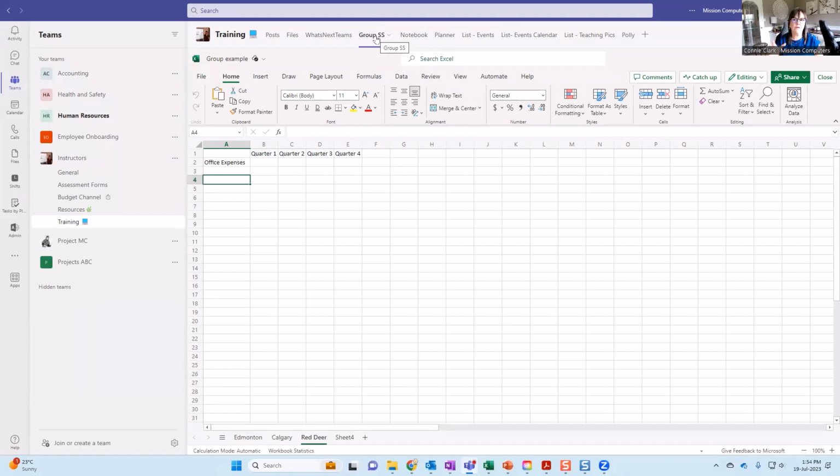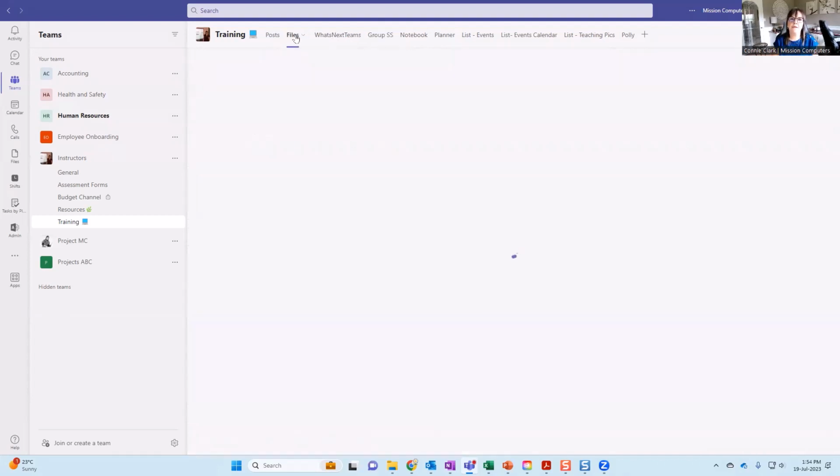So obviously they can all edit it or change it in any way they want. There's all kinds of things you can do with permission, by the way, too. So if you're worried about editing, there's other things you can do with that as well. I'm just going to say at a default level, you can edit anything that you put into a team with a group of people. So I'm going to go back here again